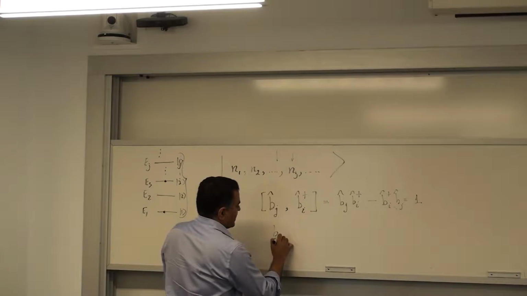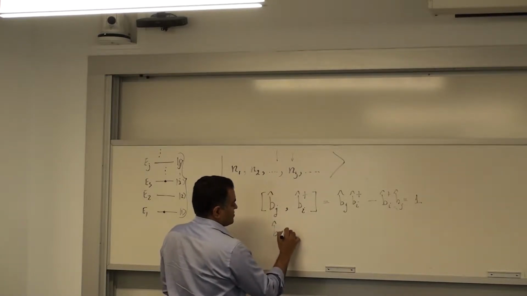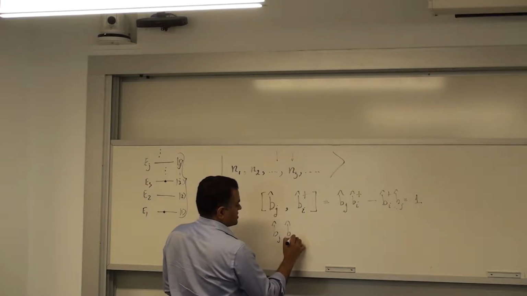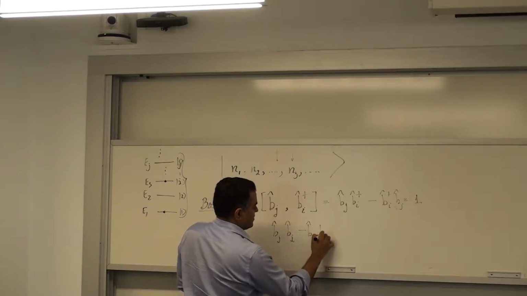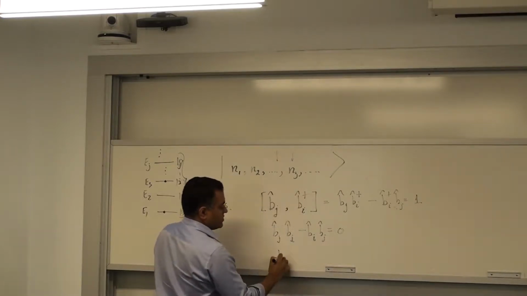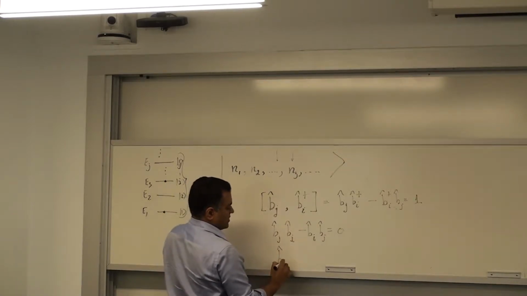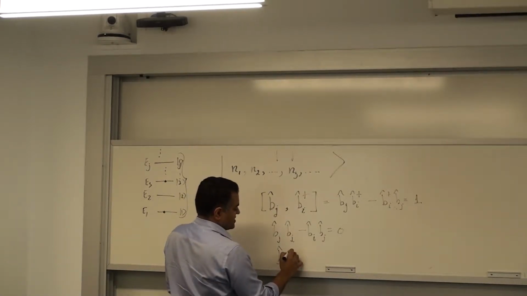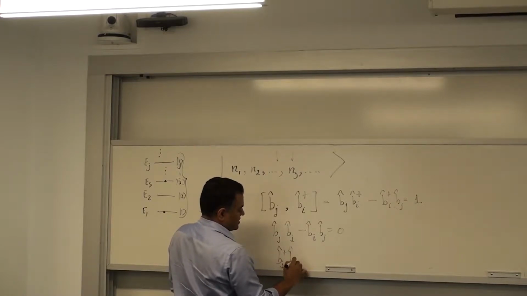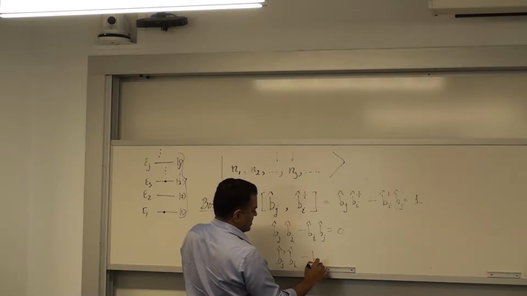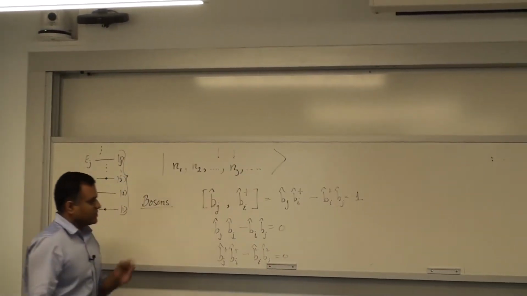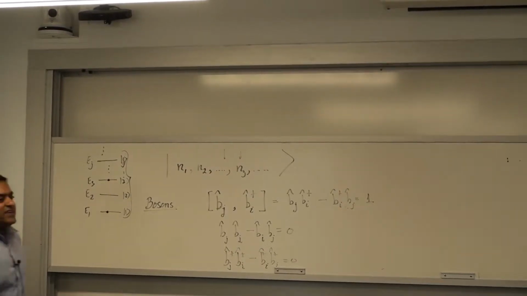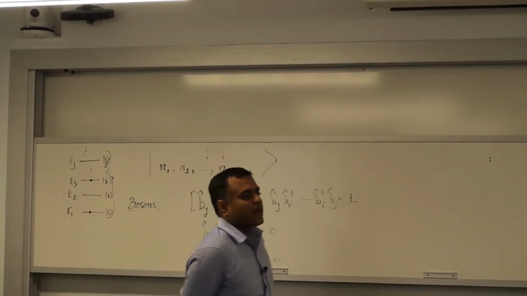And if I take just annihilation operators, then the commutator is always 0 if we are not taking the mixed product of the operators. If I'm not creating and annihilating, it's always 0. Or if I create both, it's always 0. So these are the fundamental algebraic relations that are satisfied by these operators, for bosons. Yes? Is it that each orbital has its own operator on each state? Absolutely.